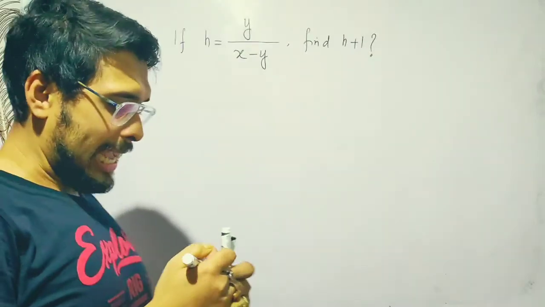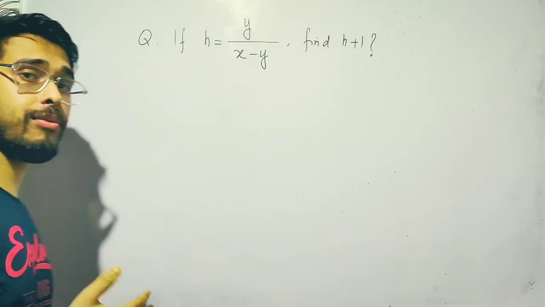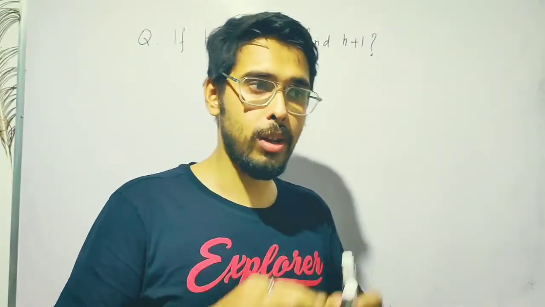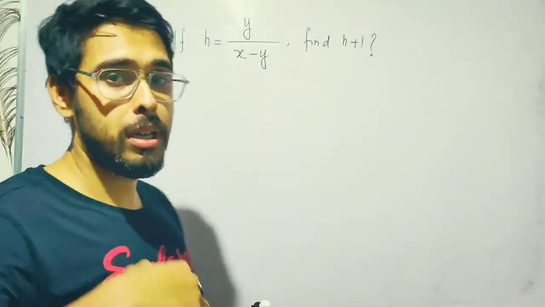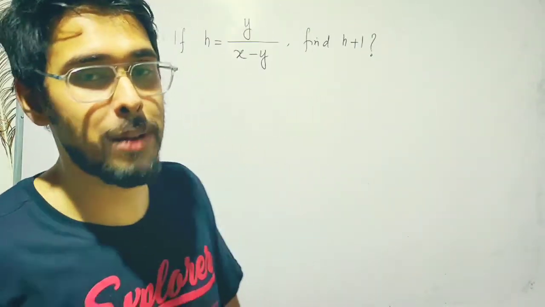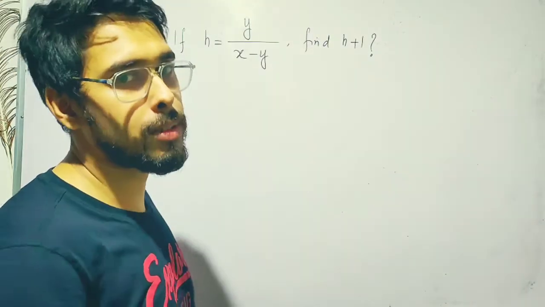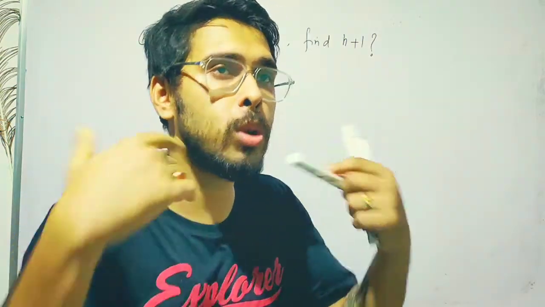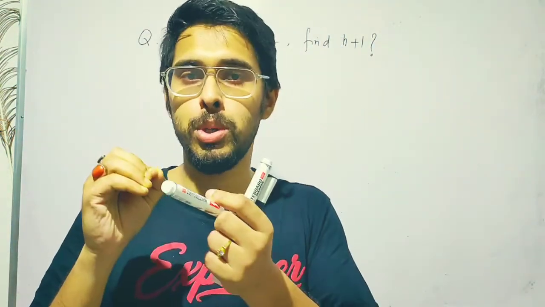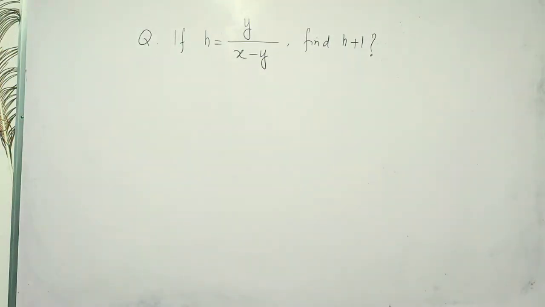So again, in this case, what are you going to do? Please write the question and try to solve it yourself. Once you think that you have attempted and solved it, then try to see what is the difference between your answer and my answer. If there is no difference, that means you are absolutely correct. If there is a difference, try to point out your mistake and try to recover from it. But if you don't attempt, it is not going to help you in any way. So please don't just watch my video and copy all the solutions. Try to solve it yourself, okay? Alright, so how to solve it?